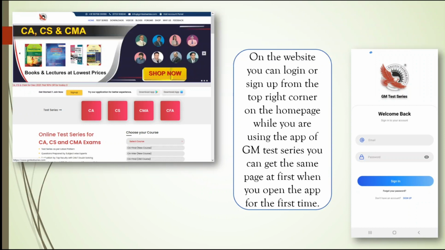In this video, I will guide you on how to register or log in at GM Test Series and buy your preferred test. Firstly, you need to enter your details in the sign up section or login section to use GM services. On the top right corner of the website, you can see the visit account panel. You would need to add your details in that section and register at GM Test Series. And then